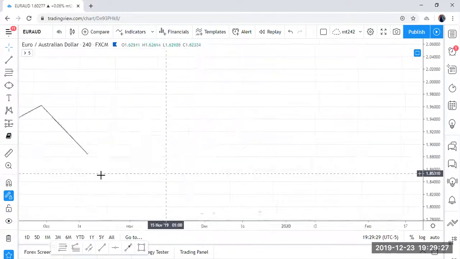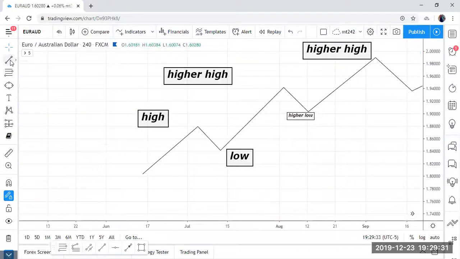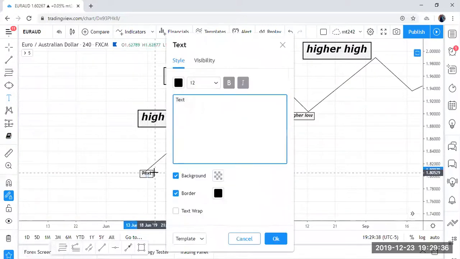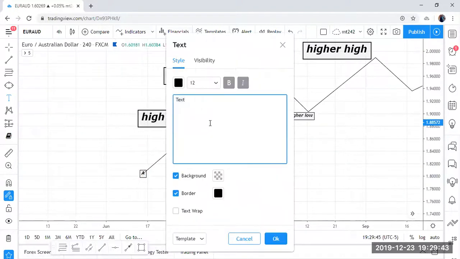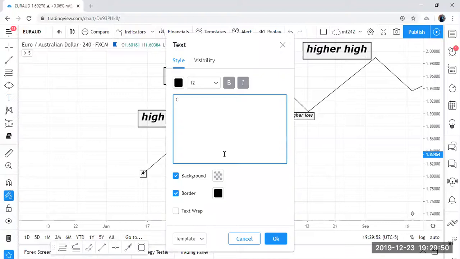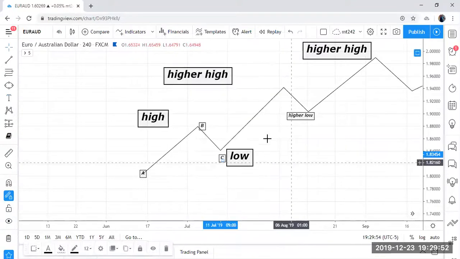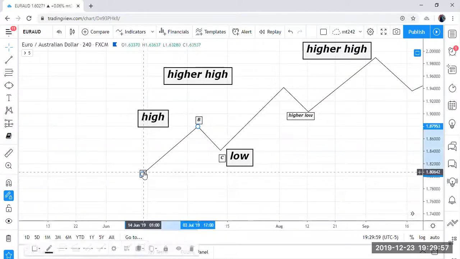So my thing is, when looking at the market, if we start at A, right? Just looking at A,